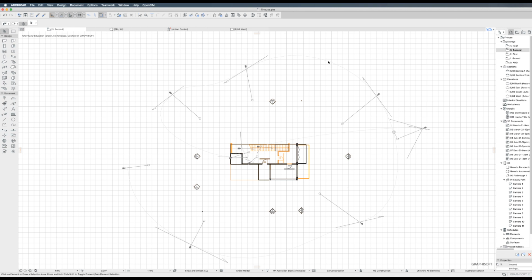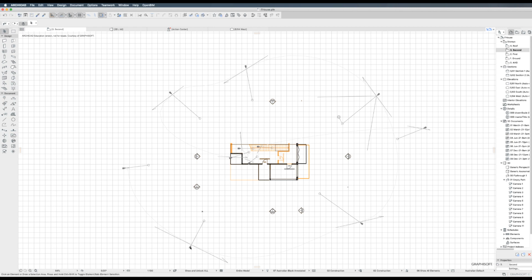Once your fly-through is completed rendering, you may want to adjust the animation to make it smoother. To do this, go back to Plan View and adjust the handles of your camera. You can do this by clicking on the nodes, and you can see that the camera paths will be affected by your adjustments. These cameras act as keyframes, so if you want a smoother path, you may need to add